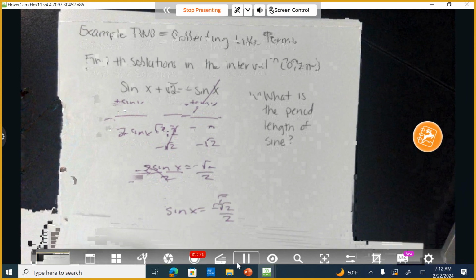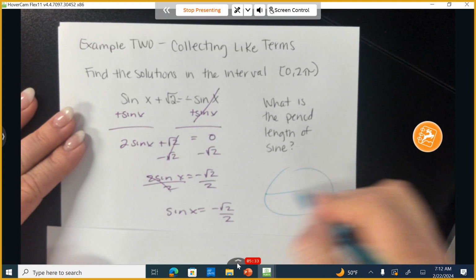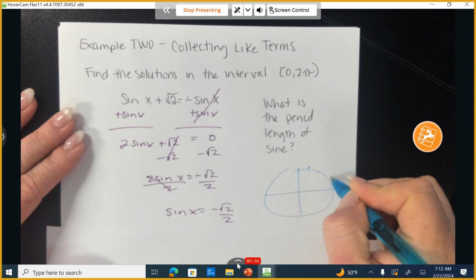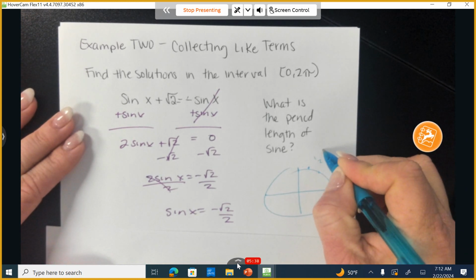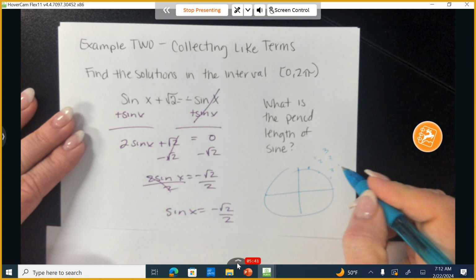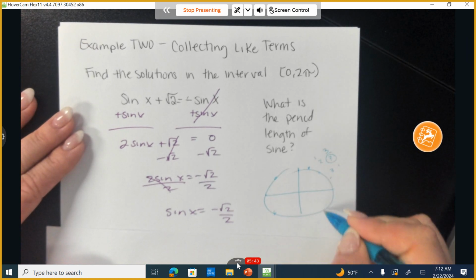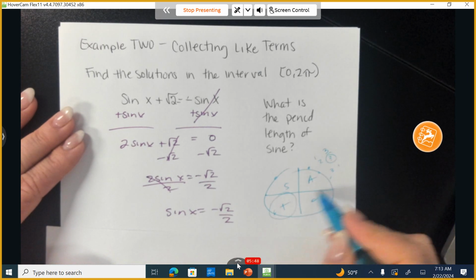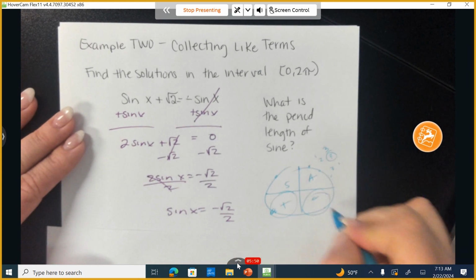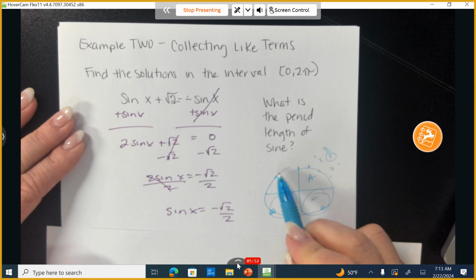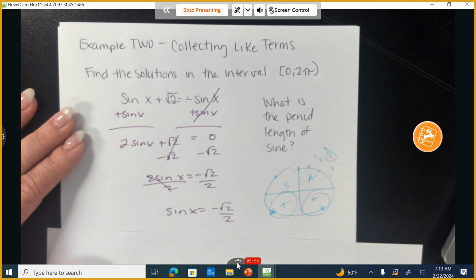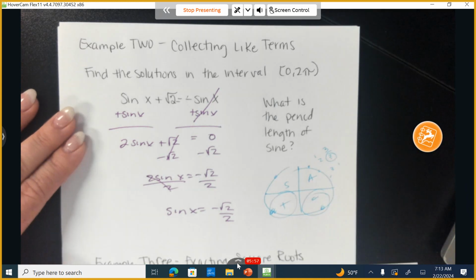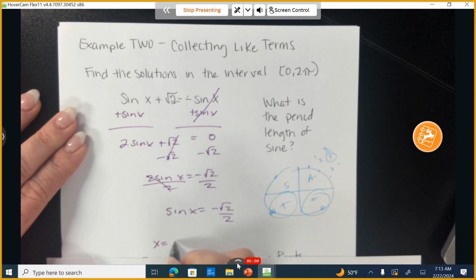seconds. All right, and while kids are talking, again, I'm making this quick circle, and I just know this is 1, 2, 3, 1, 2, 3. Okay, so sine is in the second area, but then when I have to think about All Star Trig Class, where are sines negative? They're located in these two positions. So you're right here and right here. So 1 over 4, 2, 3, 4, 5. So I believe that we have answers here at x equals 5 pi over 4, and 7 pi over